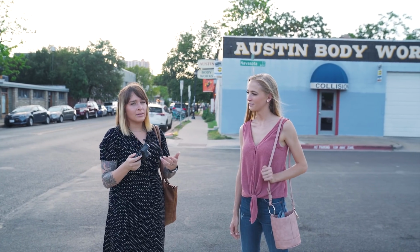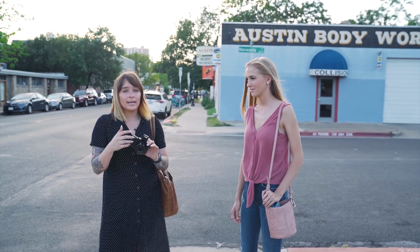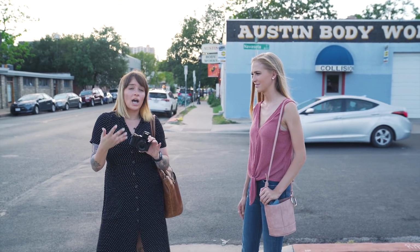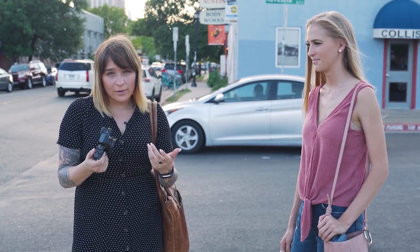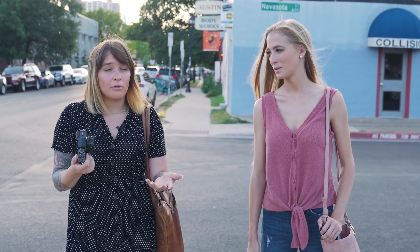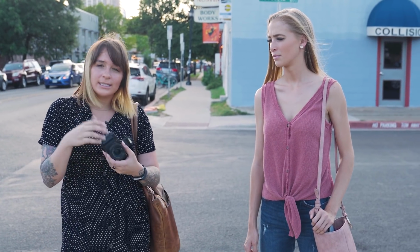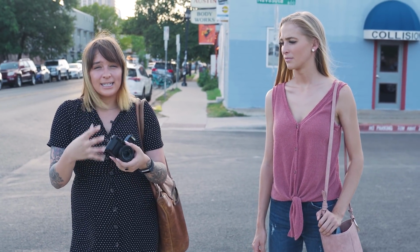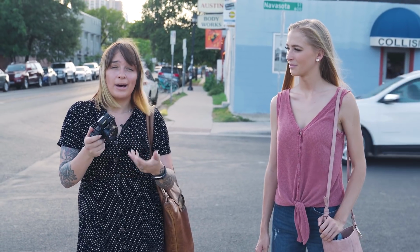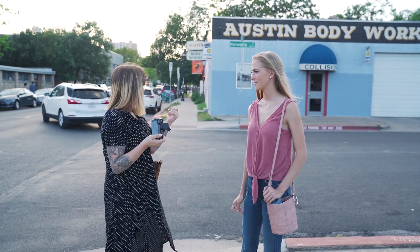I want to test out the video capabilities of this camera. Now, I will say that in my opinion, this is definitely not a video camera. It does do 4K and it will match Lumix color profiles to a lot of their other more video-oriented cameras like the GH5 or GH4, but it's missing a mic port and it doesn't have stabilization in the body. It might come out a little shaky, but let's go try some 4K video on that blue